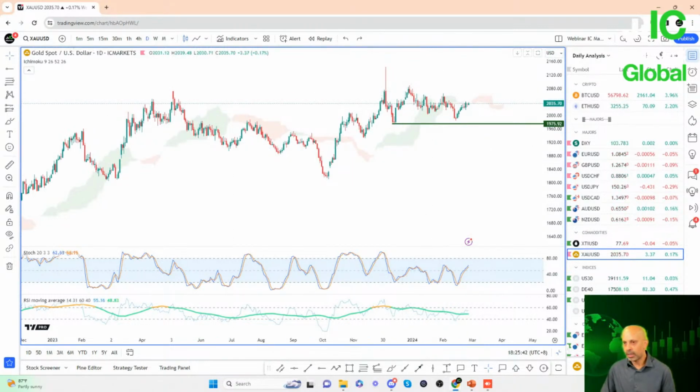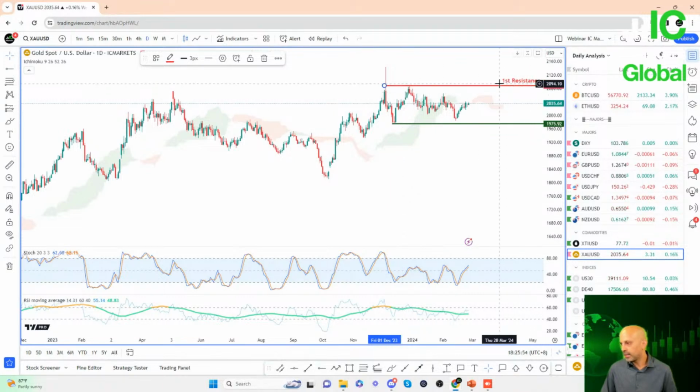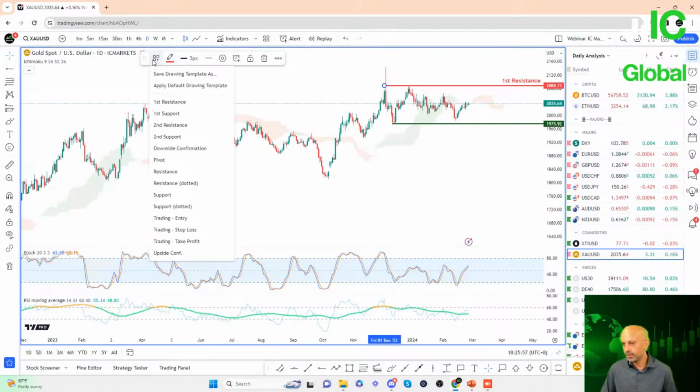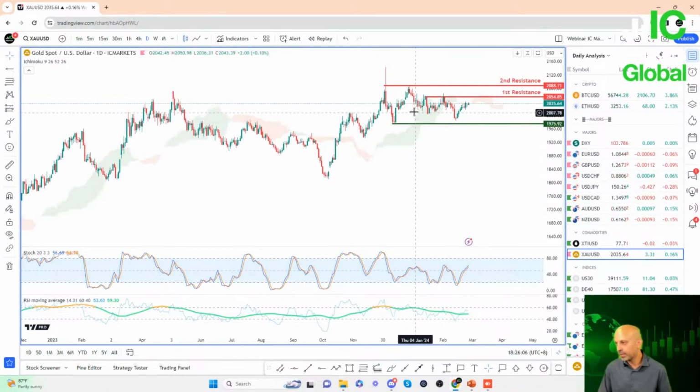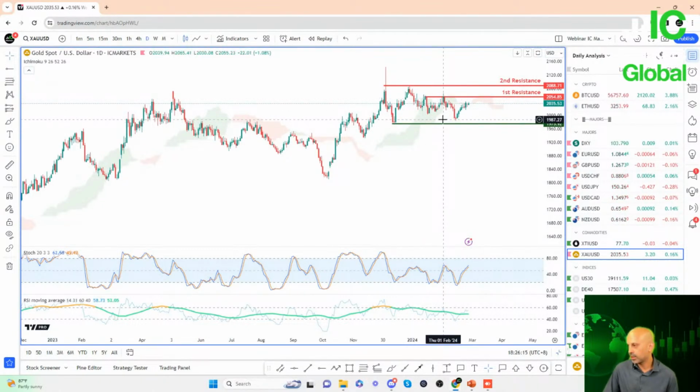And okay, so what I would highlight here is that gold is actually trading sideways. It's ranging approximately between 2088, which I would probably highlight as the second resistance here, and the first resistance would be this pullback level here, which is at 2054. Since mid January, prices are ranging approximately between 1,990 and about 2,055. You can see gold prices have been ranging sideways since 1st of December 2023.